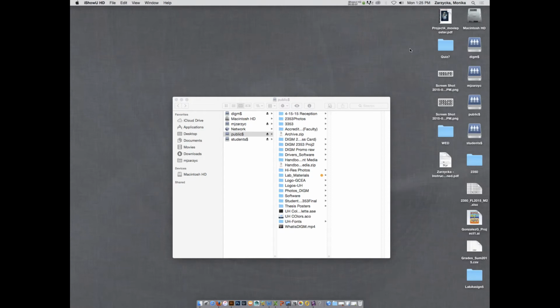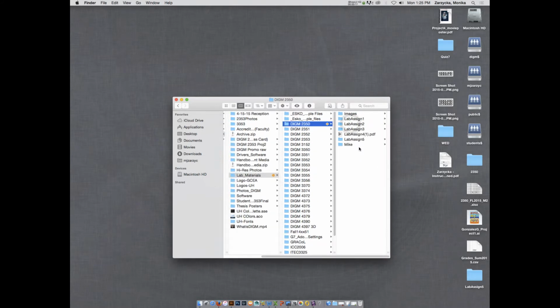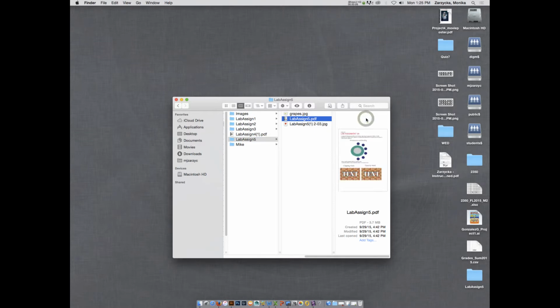This is DIGM 2350 Monday lab. We are looking at lab assignment 5, which is located on a public server under lab materials, DIGM 2350, and go ahead and copy the entire folder onto your home, somewhere you can put it so you can work with it, okay? Now the instructions are there as well, so you can look at them, but